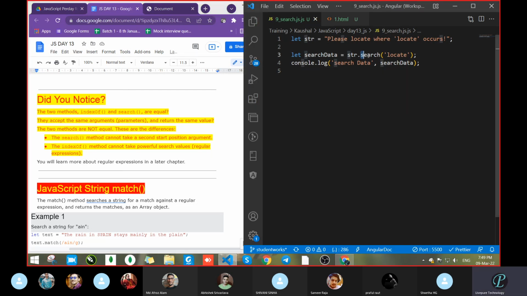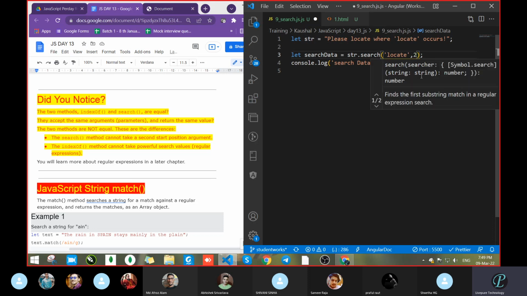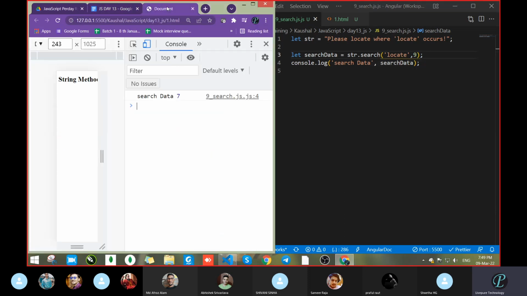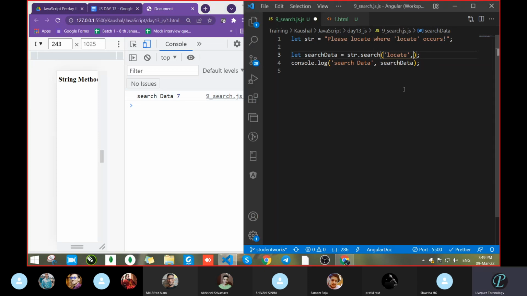So in the case of the search method, we will not pass the second argument. Let's pass 20. Previously we were passing 9, and let's save. Will it work or give an error? So it starts searching from 7 itself. Now pass 22 and save. What output did you get? We did not get any output. But do the same thing with indexOf, then you will get -1 as the result.